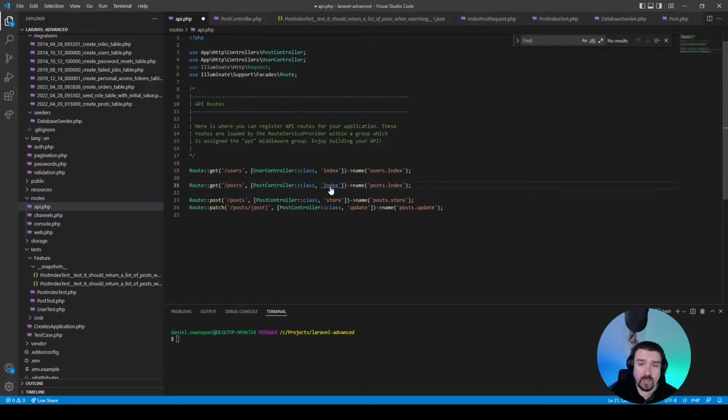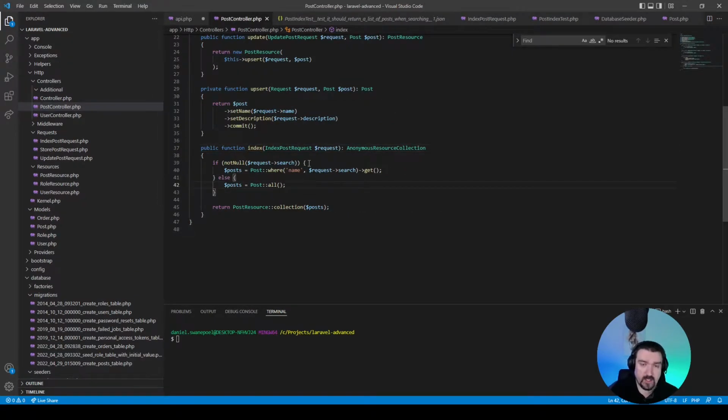Now, if we look at the actual index method, you can see that we receive the request via a custom form request, and the actual implementation is something you would normally see out in the world if it was done by a more junior type of developer. The search parameter is being extracted from the request, and then a conditional is being used to check whether it's null or not. If it's not null, you then do the query with the where clause to get your search results. If it is null, you just return all the posts